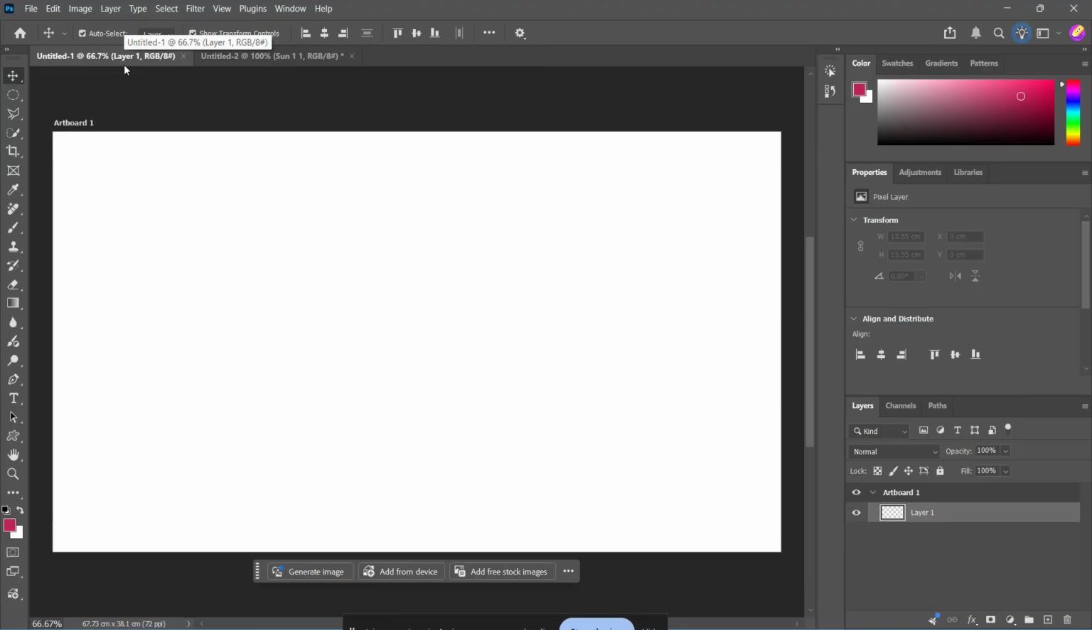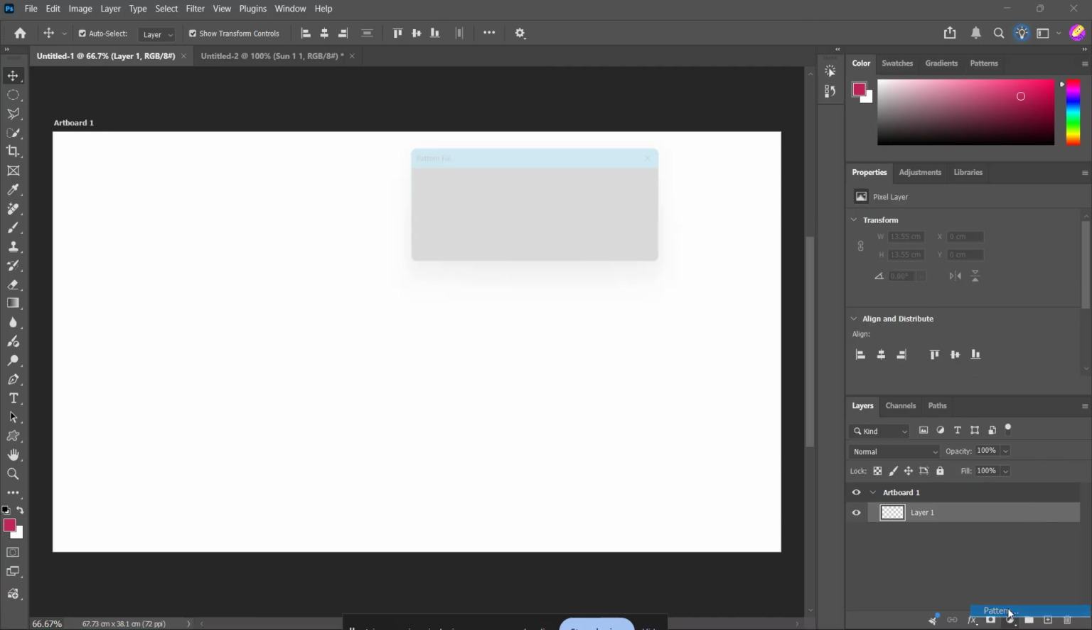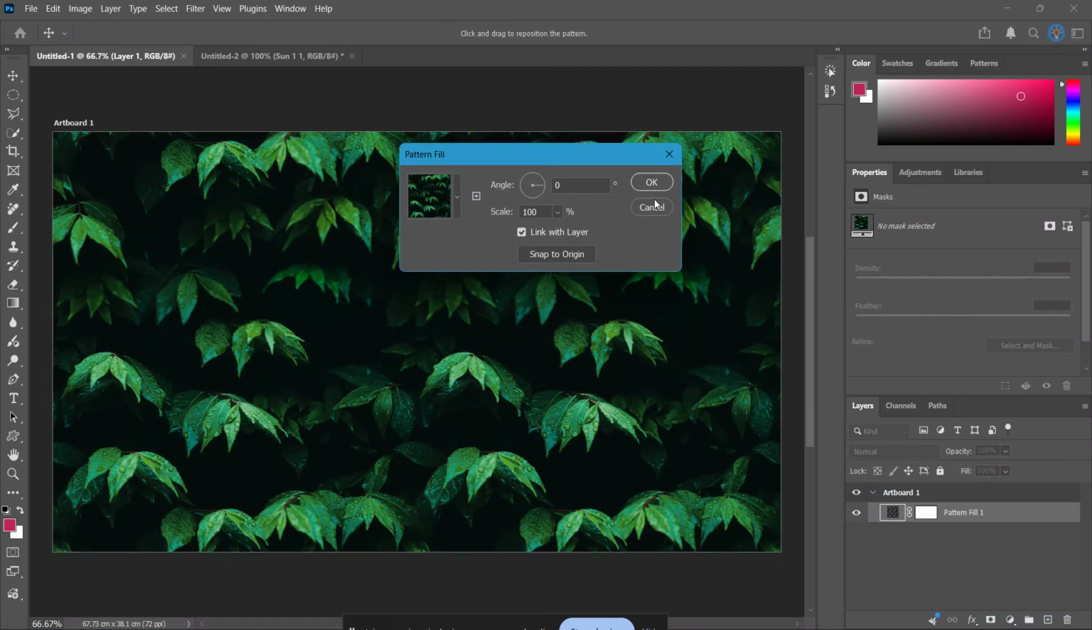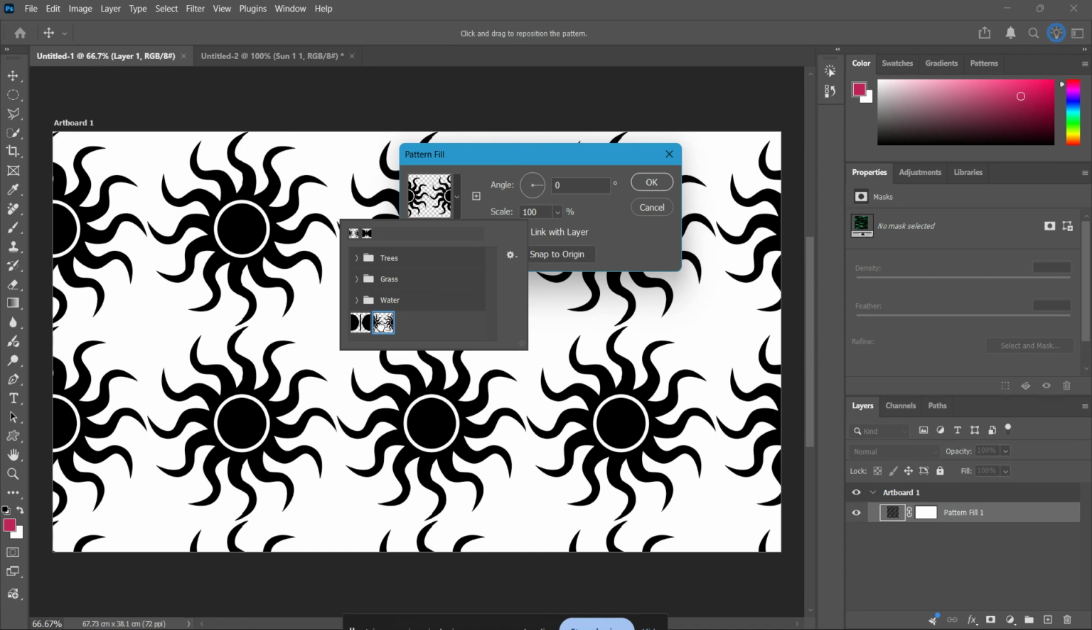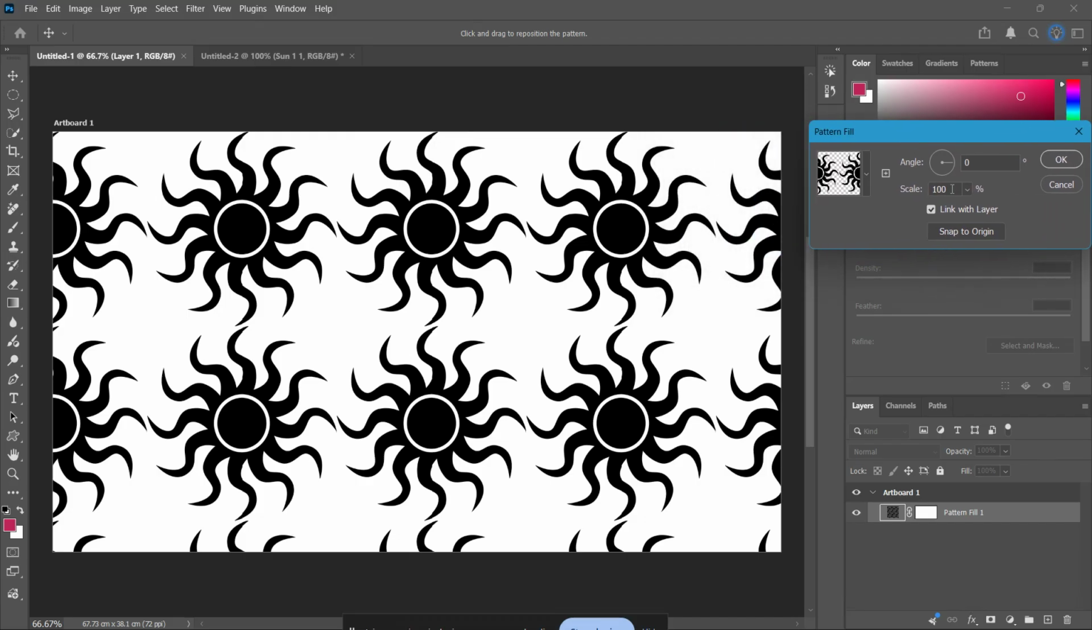Open the document you want to fill with the pattern. Then go to the Layers panel and click the New Adjustment Layer icon at the bottom. From the list, choose Pattern. A new Pattern Fill layer will appear, and you'll see a preview box with a drop-down arrow next to it. Click that arrow and scroll down to find the custom pattern you just created. Select it, and then use the scale slider to make the pattern larger or smaller depending on the look you